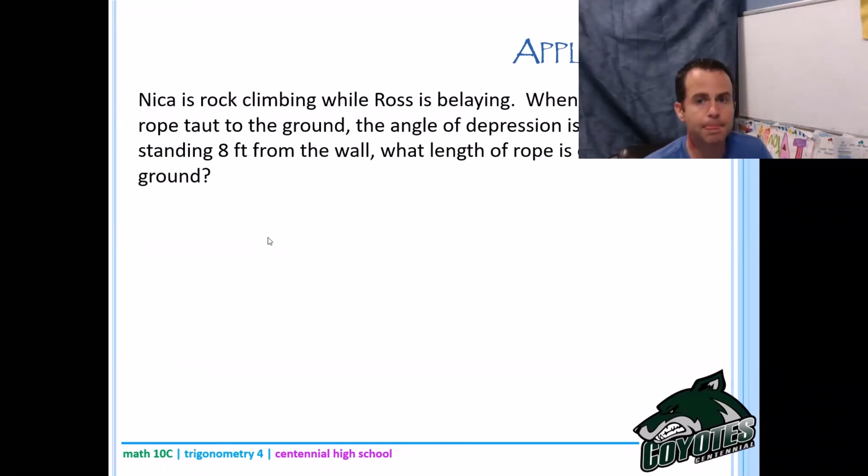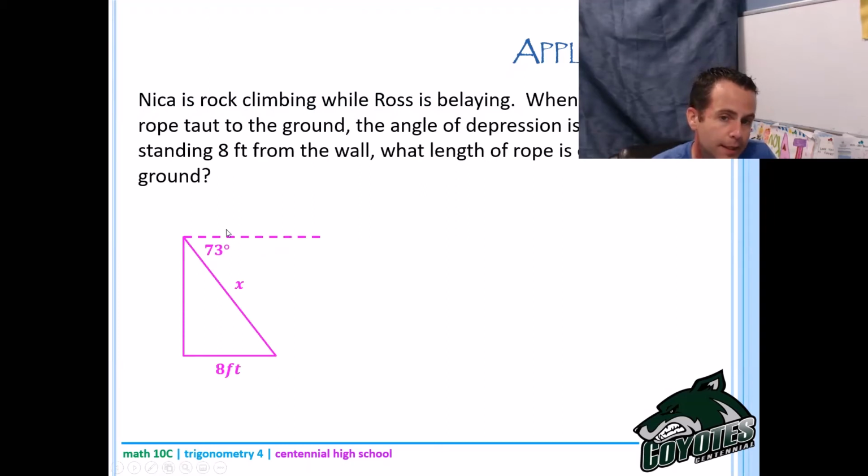So we have to create a diagram. I would pause here and you try the diagram yourself. So we're looking at something like that. Remember that the angle of depression forms with the line going down and a horizontal. So I stuck in the dotted line just to represent where the horizontal was, so I could see that angle